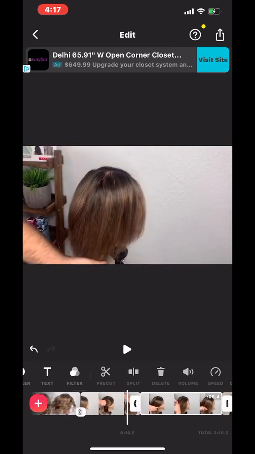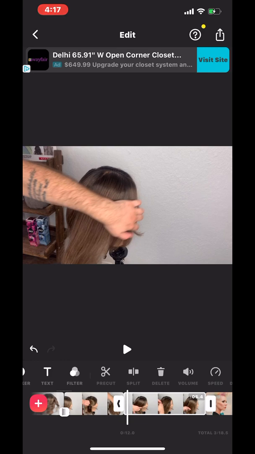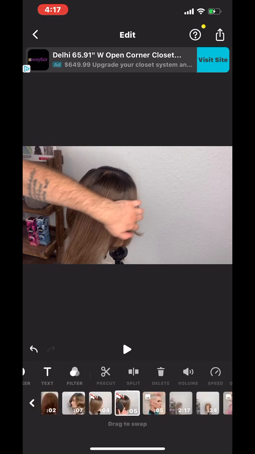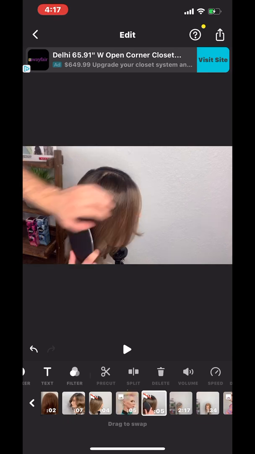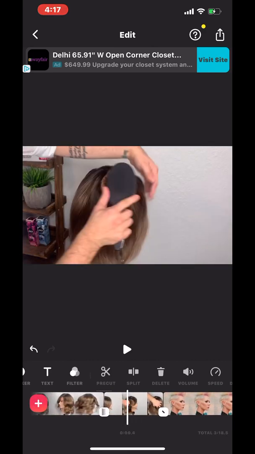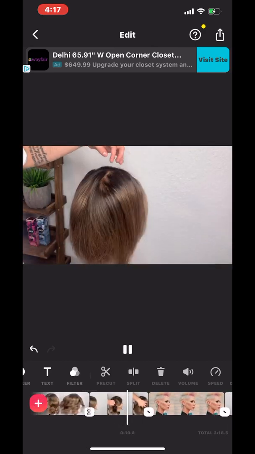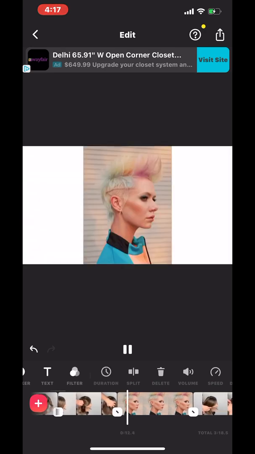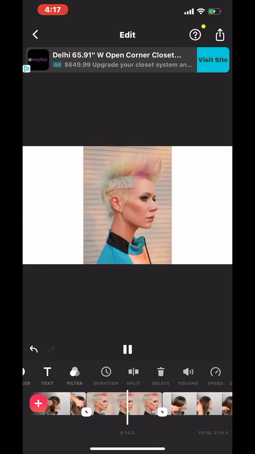So now if I want to move that and maybe put the photo in between, I'm going to grab and then I'm going to slide the second clip, just like we did before, to the right of that photo. And now it's going to place the photo right in between the 2 clips from that video. So now I can play, and you'll see it transition to the photo, and then right back from the photo